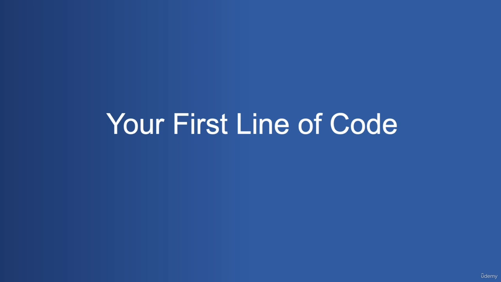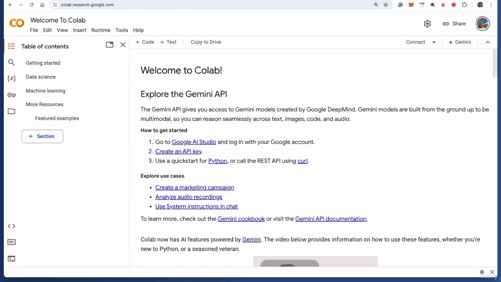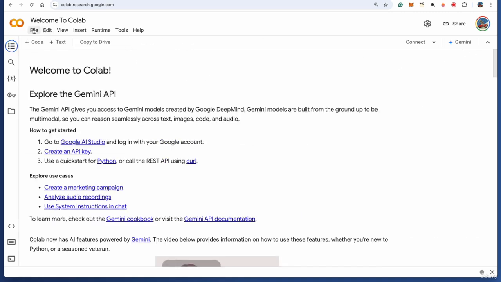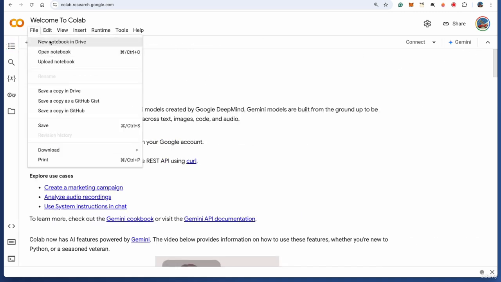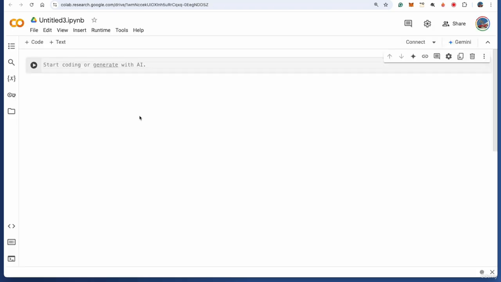What we will be doing here is writing our first Python script. To do that, I'm going to open my browser and go to colab.research.google.com. I'm going to close everything here. I don't need any of these. And I'm going to say File, New, Notebook in Drive. It will create a new notebook. The first thing is always make sure you name your file. So I'm going to say first